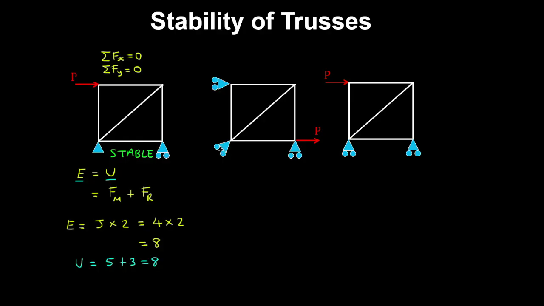Now for this truss over here, we also have the same number of reactions, being 3, and the same number of members, being 5. So the number of unknowns is the same. And we also have 4 joints, so also 8 equilibrium equations. But this truss is not stable, because if we take moments about this point here,